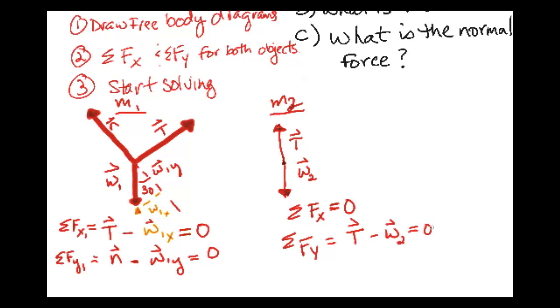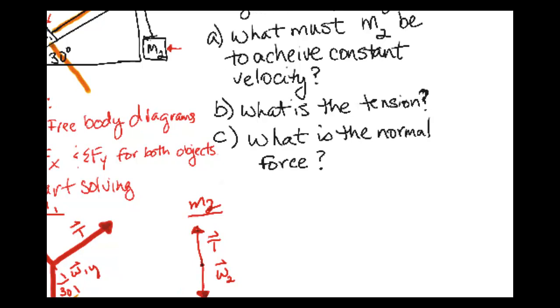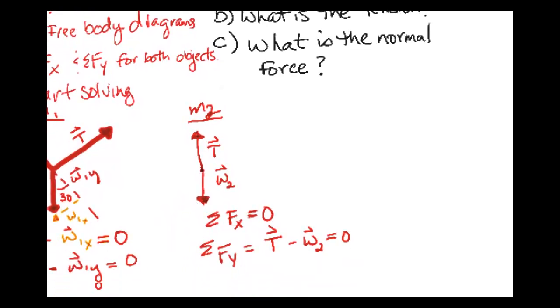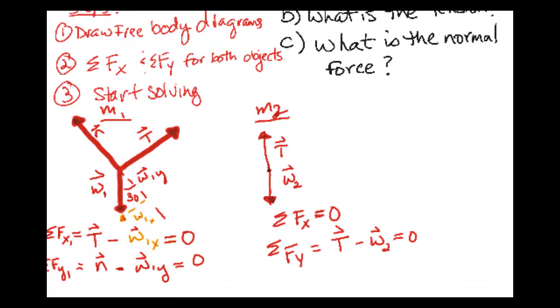Alright. So, let's look at these questions that were asked now that we've done all the preliminary work. It said, what must mass 2 be in order to achieve a constant velocity? Or, in other words, in order for the system to be in equilibrium. Well, we know that if it's in equilibrium, the two tensions must equal each other, right? The tension pulling up on box 1 and pulling up on box 2. So, if we set T equal to T,